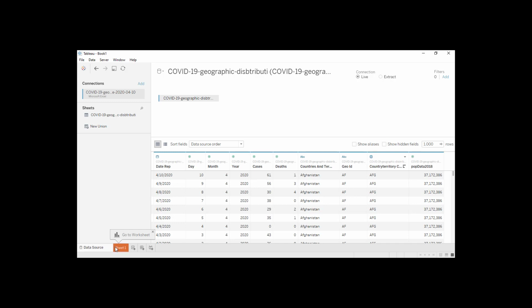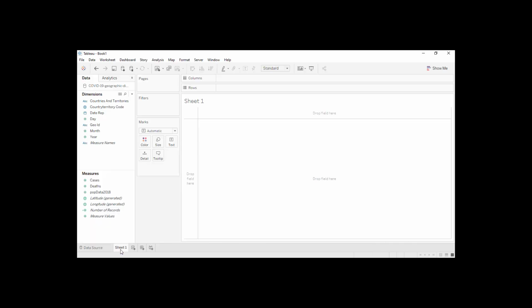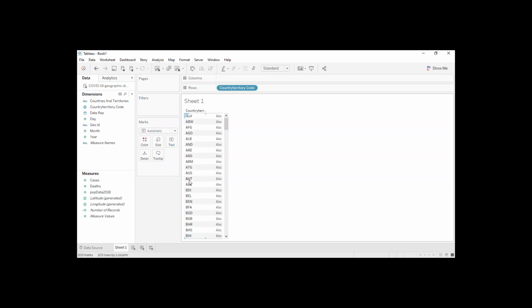So now at the bottom, right next to Data Source, I'm going to click Sheet 1, and I'm going to prepare what is actually going to wind up looking like a pretty awesome map. So what I'm going to do is I'm going to drag my country territory code. I can see that that one has the geographic type, and I'm going to drag that to drop field here. Now over on the right, you can see that there's a Show Me. I'm going to click what looks like a little bar graph next to the Show Me, and I'm going to prepare